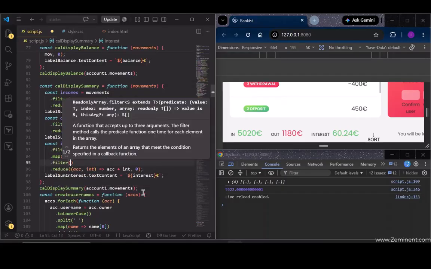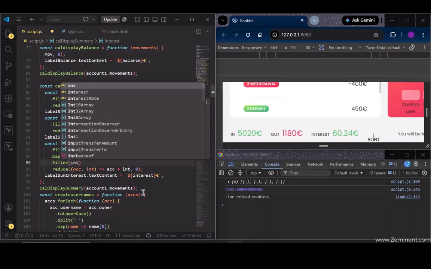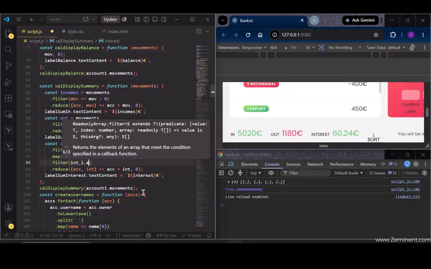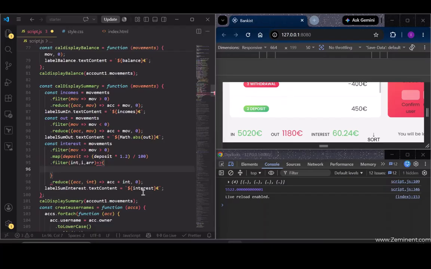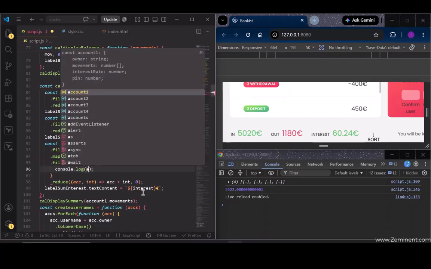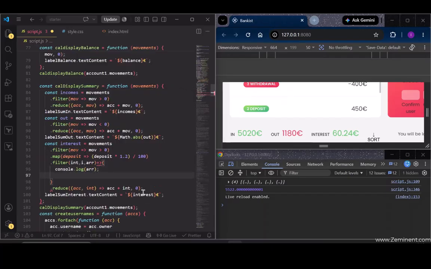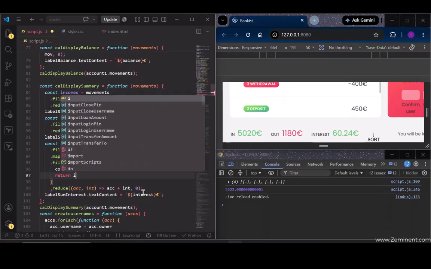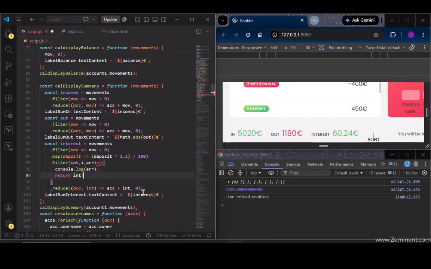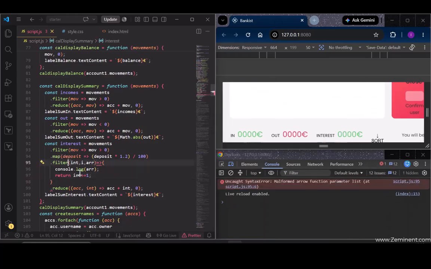Here we are going to filter out, and then we'll say interest, then current value, and then the array. So here we are doing the arrow function, and then we are using the console.log. And then what we'll do is return: when the interest meets the constraint of greater or equal to 1, only then it proceeds. Okay, so when we run this,